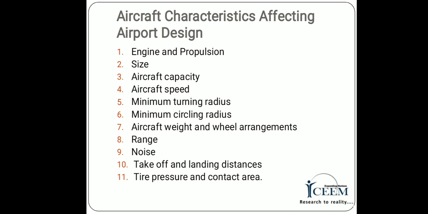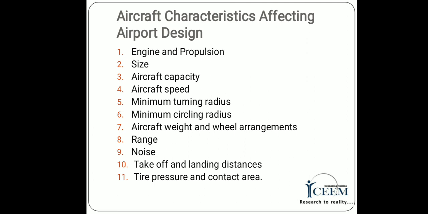Piston engines reach 500 to 800 km per hour. For the jet engine, the aircraft speed also depends on the jet engine, which is 1200 to 2400 km per hour. Then rocket engines. Speed determines the travel time. Speed has nothing to do with planning of airport. It gives an idea of the time of arrival of aircraft. However, approach speed decides runway length.